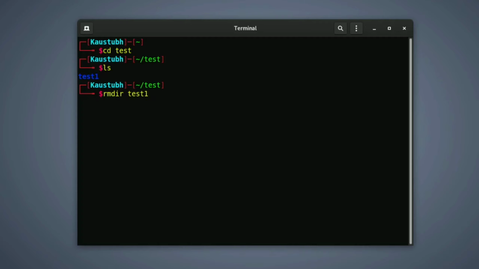Just rmdir test1, hit enter. Now you can see there is no folder named test1 in the particular directory, or current directory we can say. Okay, but there is one twist. For example, I create the test1 folder again,